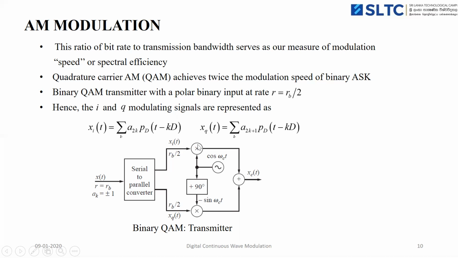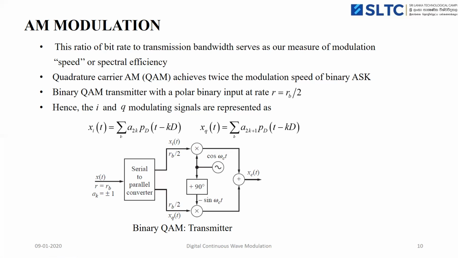Then it will be multiplied with the carrier signal cos omega_c t, and by shifting that carrier by 90 degrees, we get sin omega_c t. So the carriers will be multiplied with the incoming bits. Finally, the in-phase and quadrature signals will be added together, and the resulting output signal is x_QAM(t), a quadrature amplitude modulated signal,